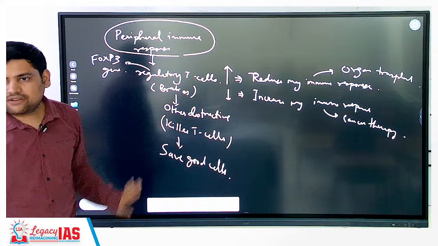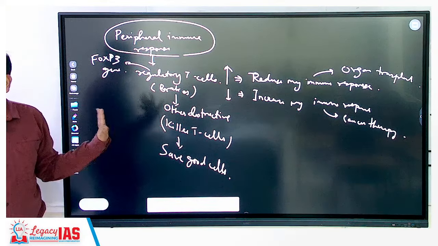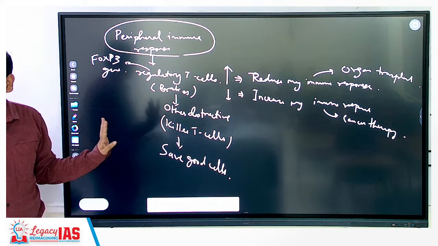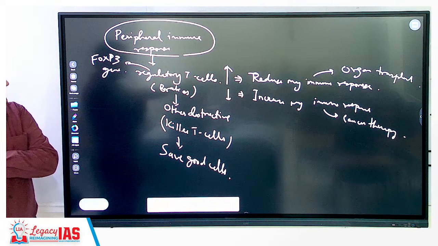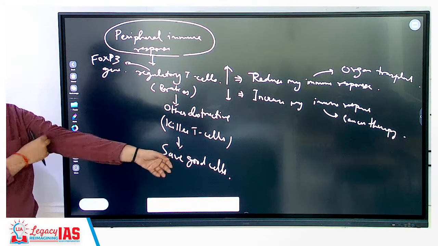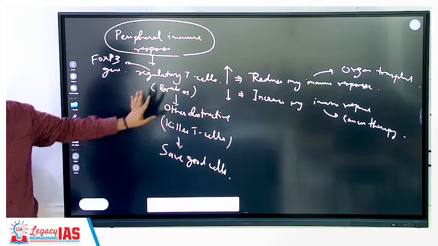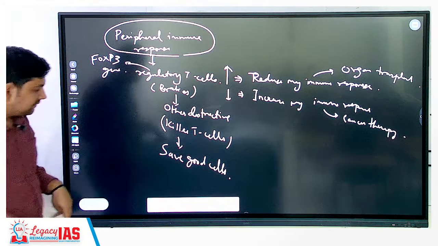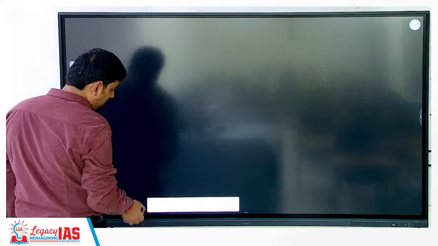This is the only thing you have to remember in this. इतना तो समझ आ गया? आगे? हाँ? Okay. So this is about peripheral immune response. This is why they were given the Nobel Prize in medicine. Then next was